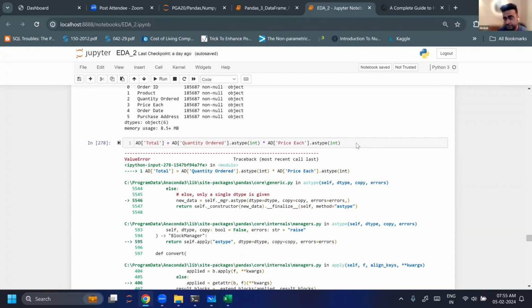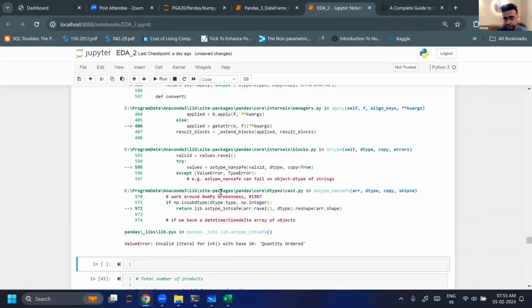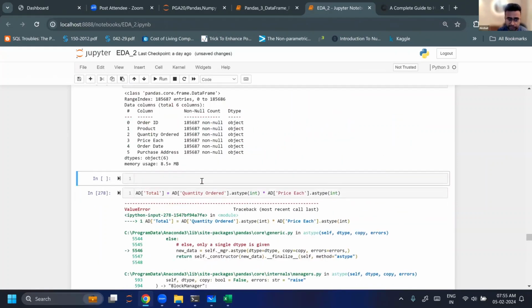Okay, so let's see this. Why it's not working? I will tell you. Because we are directly converting and doing the multiplication. It's not like that. We have to first of all do the changes, and then we have to apply the same thing. Let's do equal to